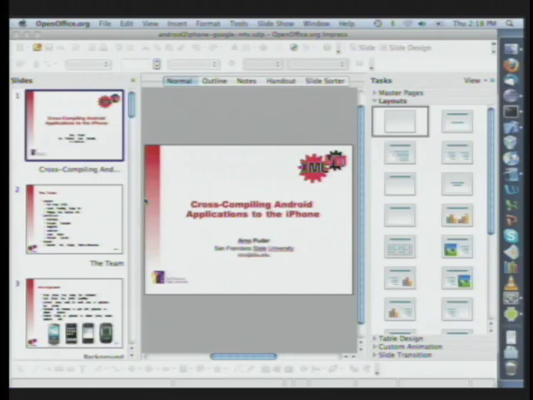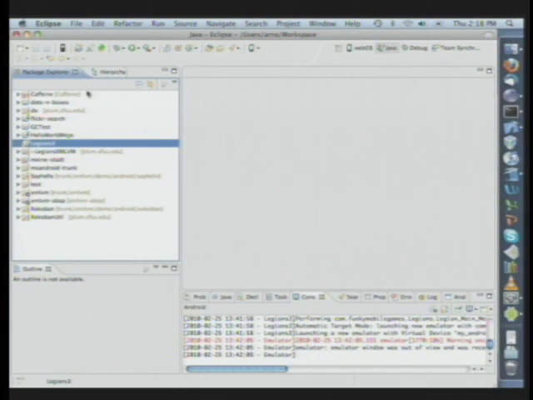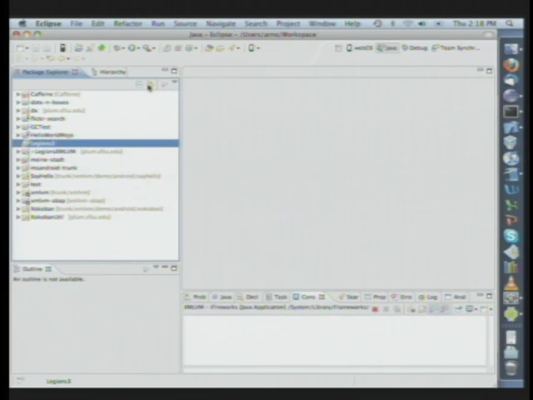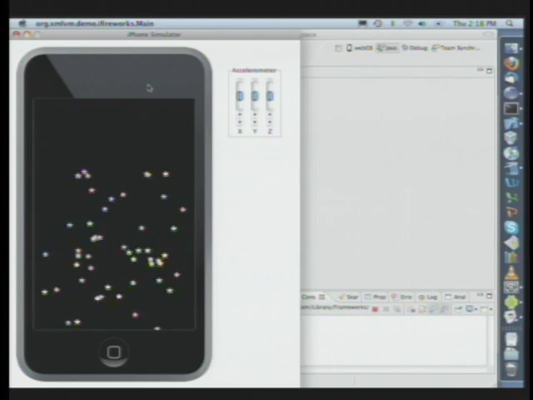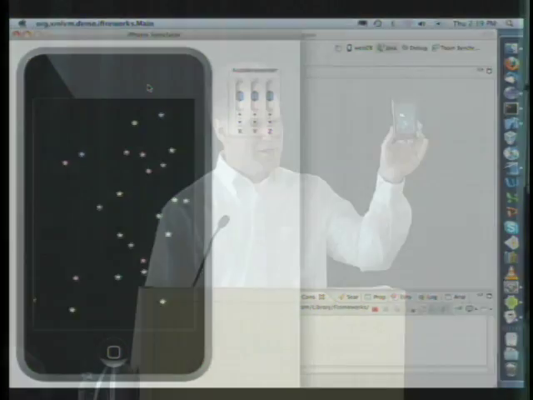And I want to switch over for the first demo to explain how this works. I'm in Eclipse here, and I'm going to launch now a little application that is kind of our trademark application called Fireworks. And it does not a whole lot. It just switches into full screen mode, and then it does a little fireworks. And I have my iPod Touch here, so if I call Fireworks here on this device, then of course you see the same thing.